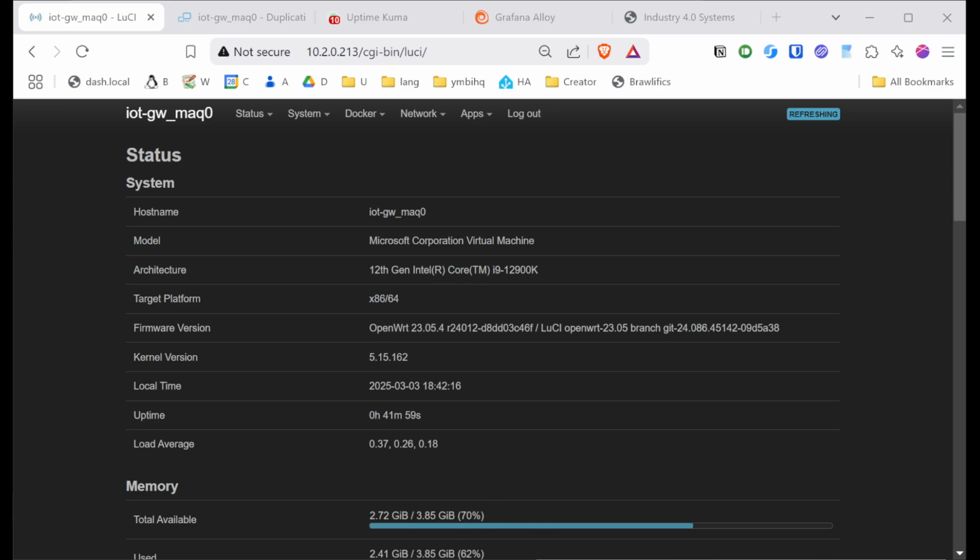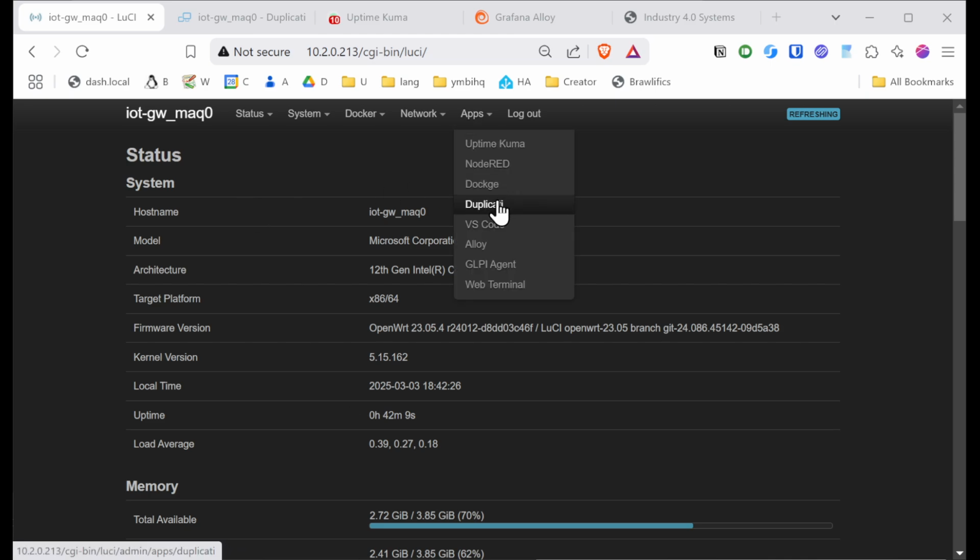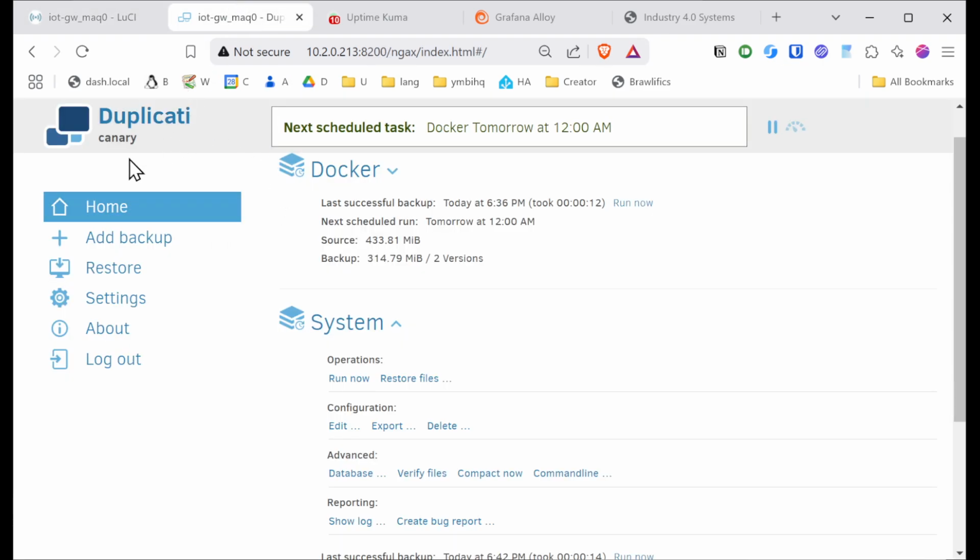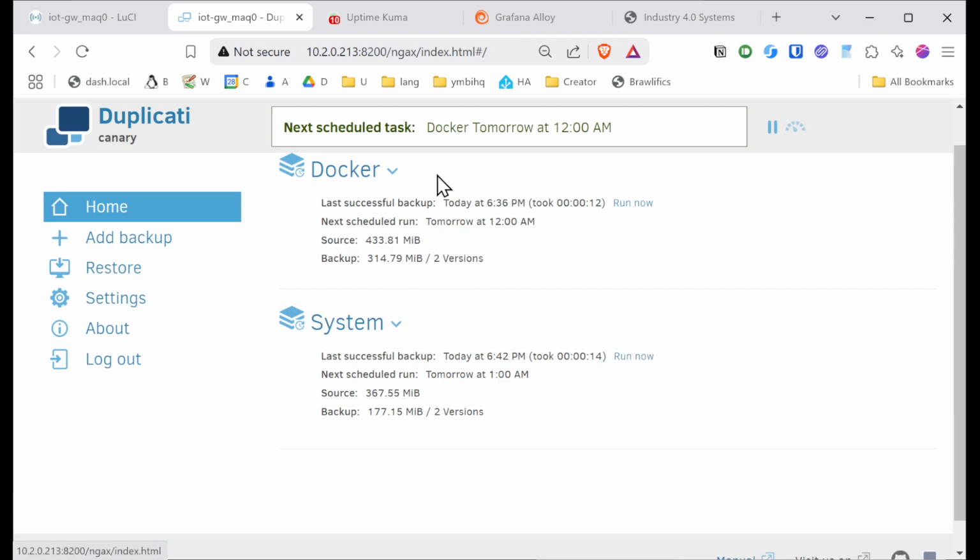Another interesting feature that is installed and configured by default when you install an IoT gateway is the backup system. The backup system is based on Duplicati. As you can see here in the apps where we have all the stacks, we have a stack called Duplicati. When we click here, we go to an interface of Duplicati where we have two